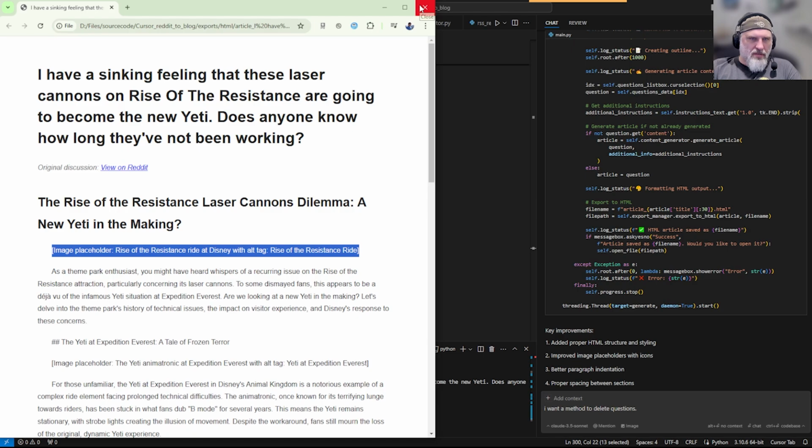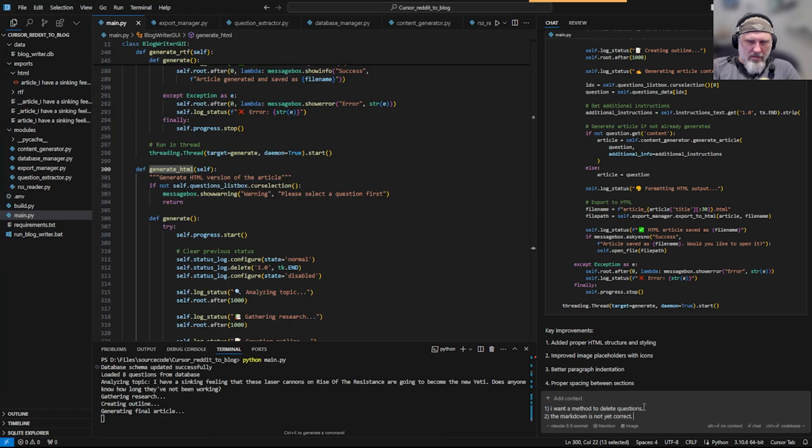Just reference it again. This markdown is not yet correct. I am not seeing the image placeholder. Let me change thread. Now we're calling ChatGPT 4 times for each article. Is this excessive? Just curious what its thoughts are. Not seeing the image placeholders. Some markdown not being handled correctly. See what article at